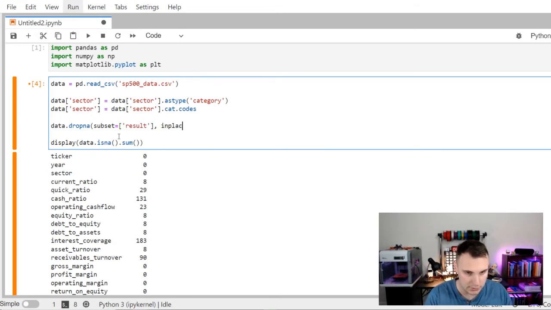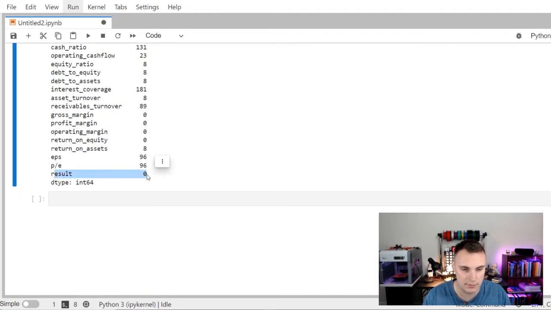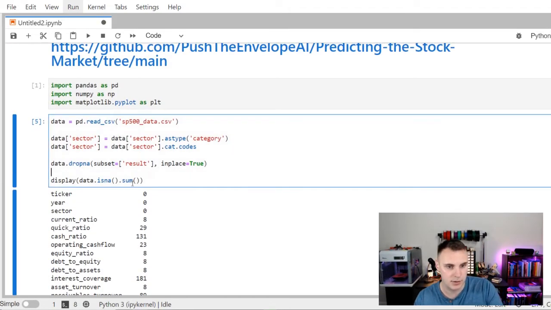And I want to say inplace equals True because I did not reassign it at the beginning. So now if I go ahead and do that, you can see our results have 0 missing values. Okay, now we do need to address the other ones, but one other thing that we need to do is